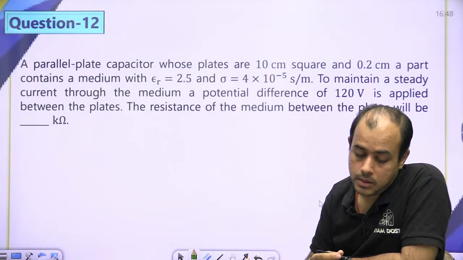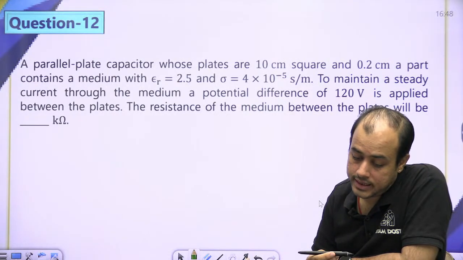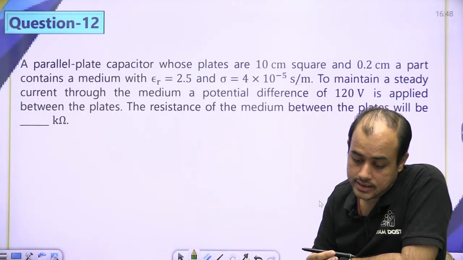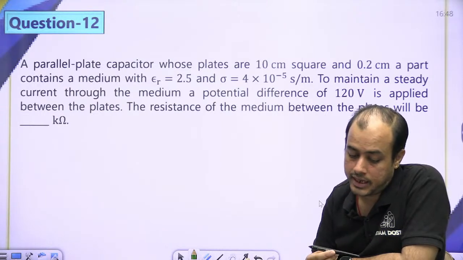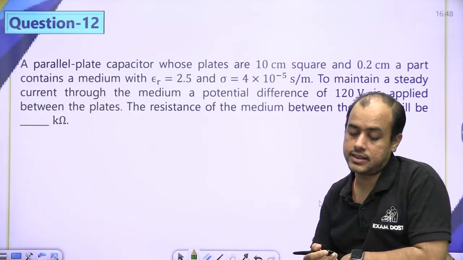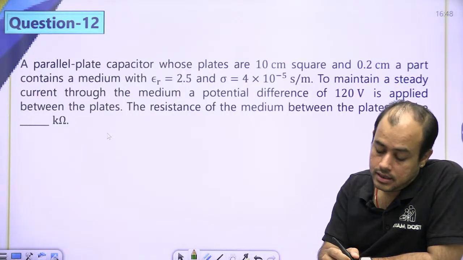Yes. A parallel plate capacitor whose plates are 10 centimeter square contains a medium. To maintain a steady current through the medium, 120 volt potential difference is applied. What is the resistance of the medium? Now beta,